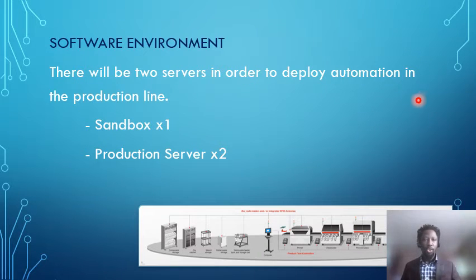Next, the software environment for this production line. What is it going to look like? There are going to be two servers. In order for us to deploy automation in the production lines, we require two servers at different phases. The first one is going to be the sandbox, which is just one single server, and its purpose is for us to test in the process of our deployment. Before we deploy in our implementation phase, we need a sandbox, which is also a server,